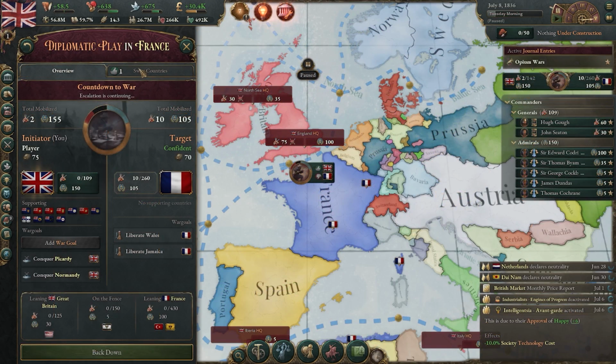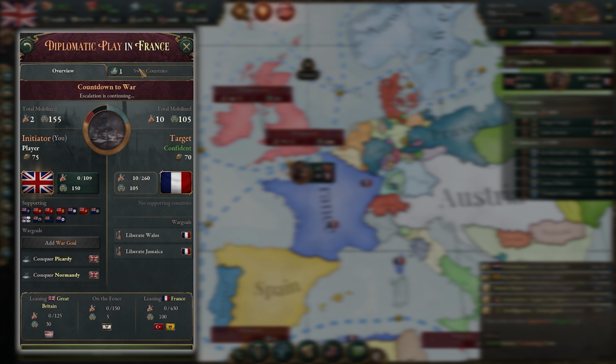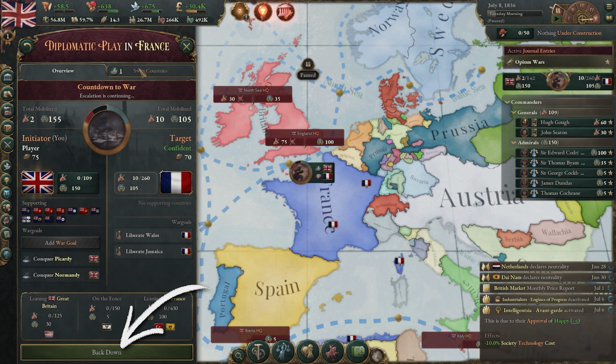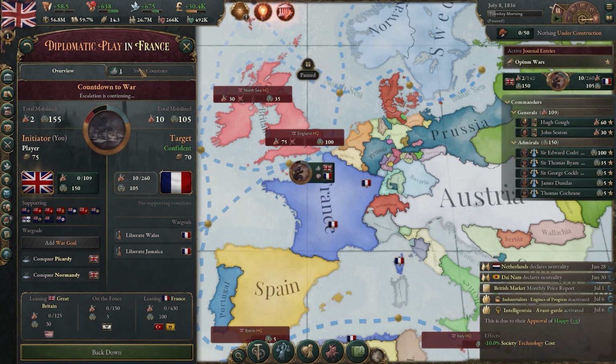The third stage of the diplomatic play is the countdown to war. In this stage, countries are locked into the sides they picked and the demands are set in stone. The only action that's possible now is to back down. When a country backs down, they essentially decide to cut their losses and acquiesce to a country before war breaks out. Importantly, backing down grants the opposing country only their main demand, so any secondary demands won't be included.